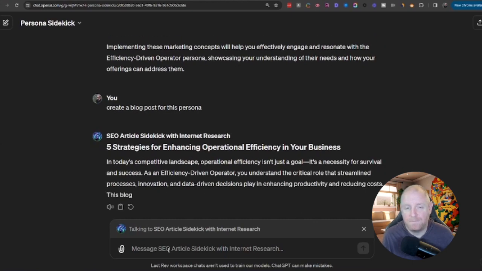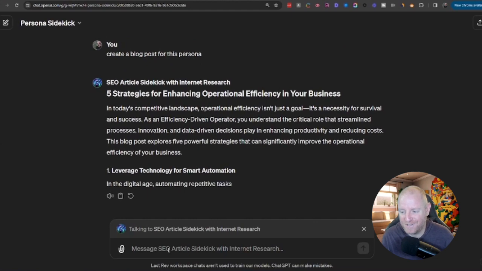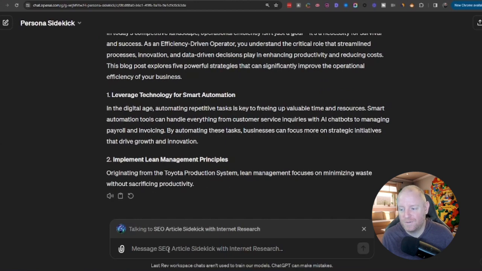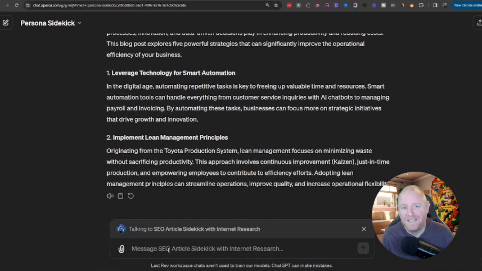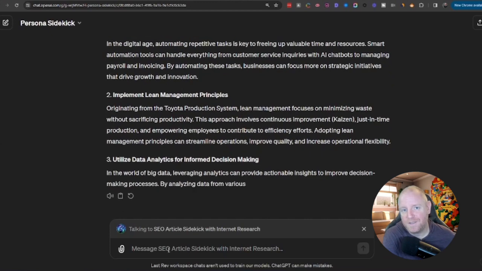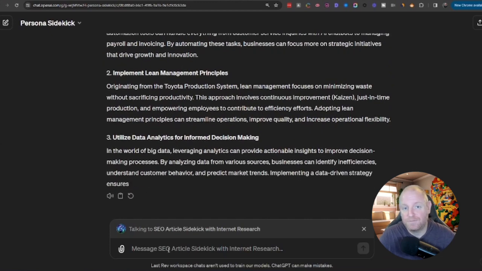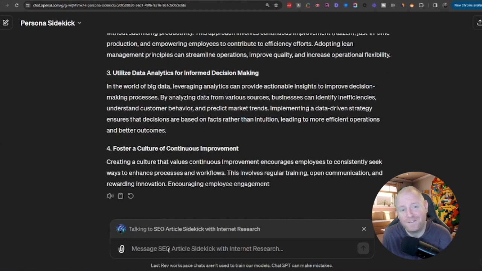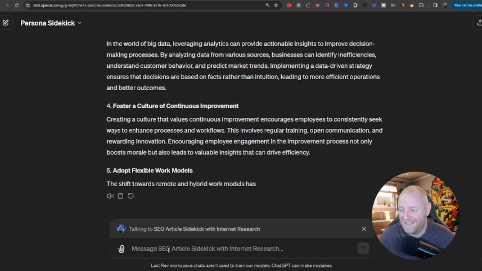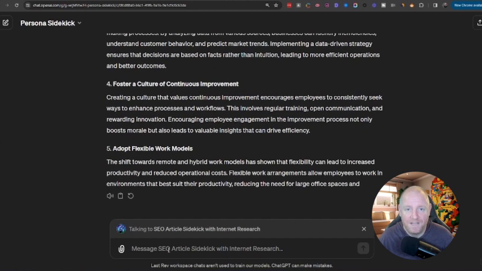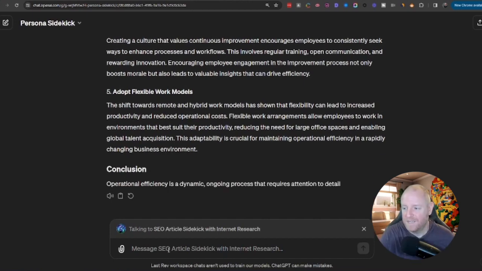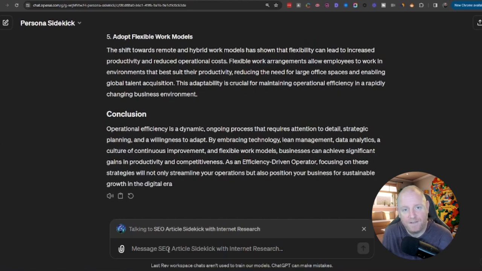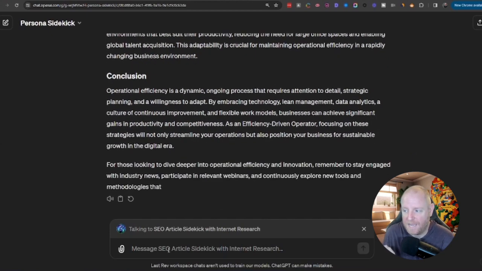And because this GPT has a different set of instructions about how it writes the blog, how it does its research, you can start to create a team that helps you to both do your persona research, your internet research, writing it, and then you could use something like the content critic sidekick to then give you some feedback to make it better. So this iterative process of doing research, writing, and iterating and refining with AI is a process